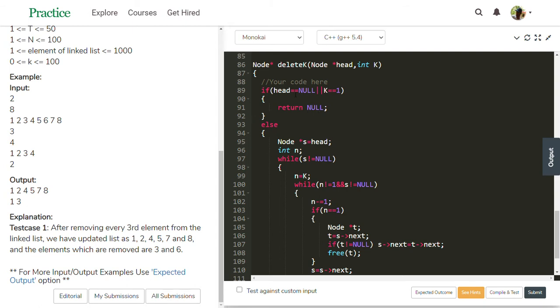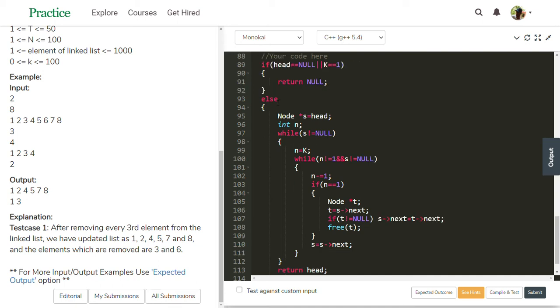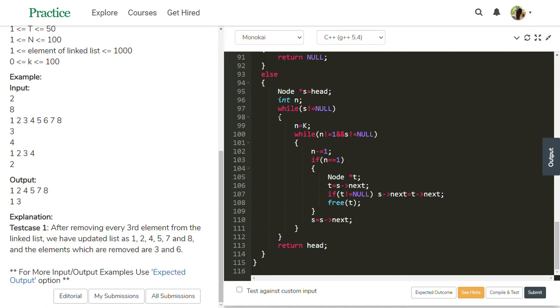Because if head equals null, there is no element to remove, just return null. If k equals 1, every element we need to remove from the linked list. In both cases, just return the null value. Else, if there are elements and the k value is other than 1, then this else block will execute.